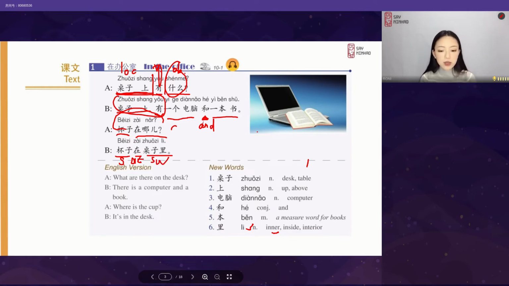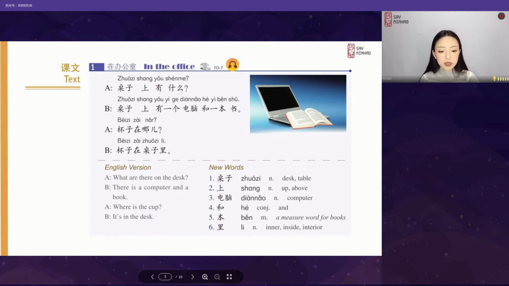Really easy. So now let's try to read it from the start. Read after me, please. 桌子上有什么？桌子上有一个电脑和一本书。杯子在哪儿？杯子在桌子里。